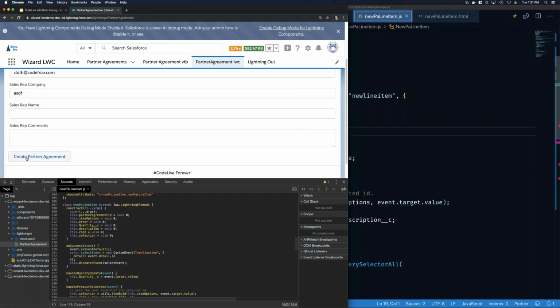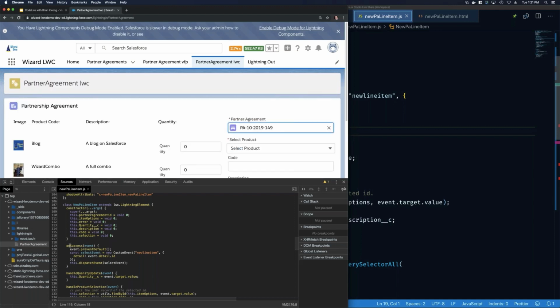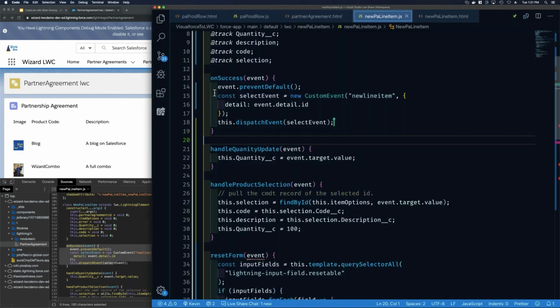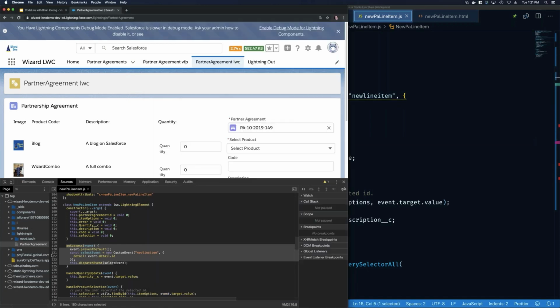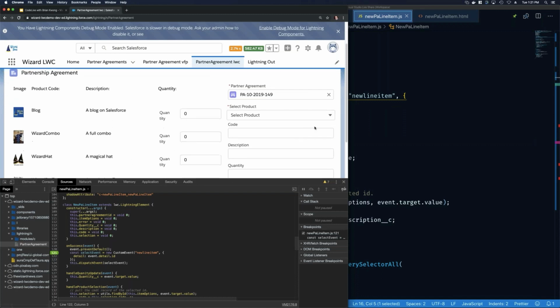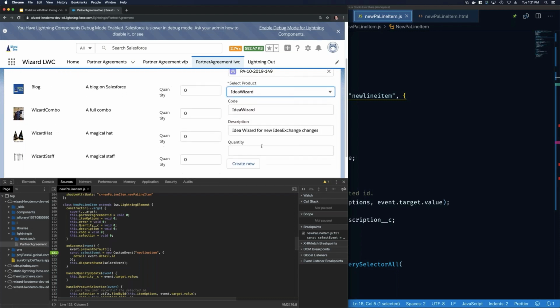And create that. And you see now I've got down here in my sources exactly what I have in my editor. These two match. And I can put a breakpoint in. So if I put a breakpoint in here, I can see when I use my page, if I choose Idea Wizard, say I want 1,